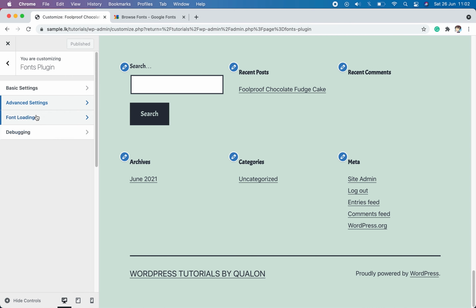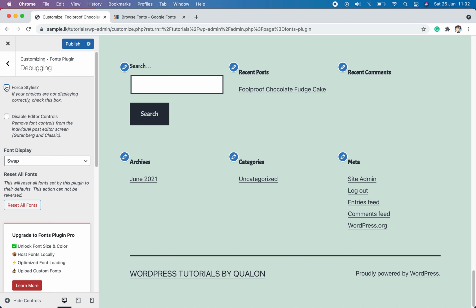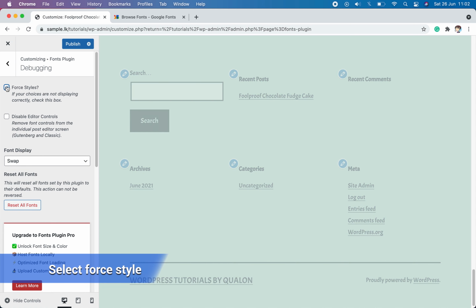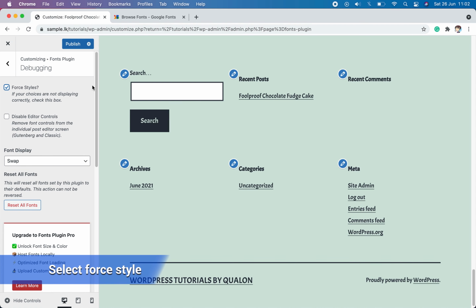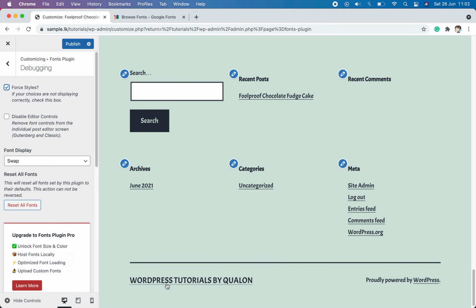Go back to the menu where the basic settings and advanced settings were. Click on debugging and you will have the option name for styles. Enable that option and you can see all the unchanged fonts change into new font type. If that option is already enabled, disable it and enable it again to make the changes. This will force the theme to change the style that come in default.